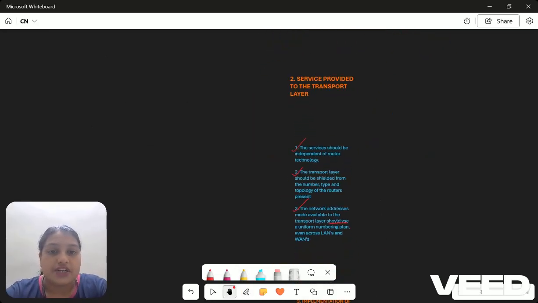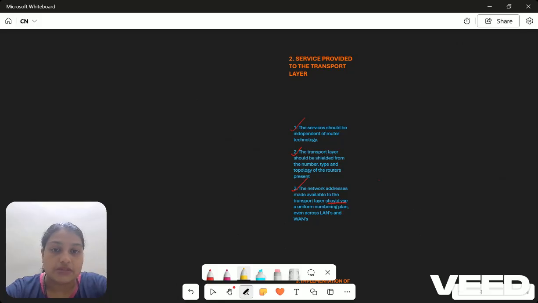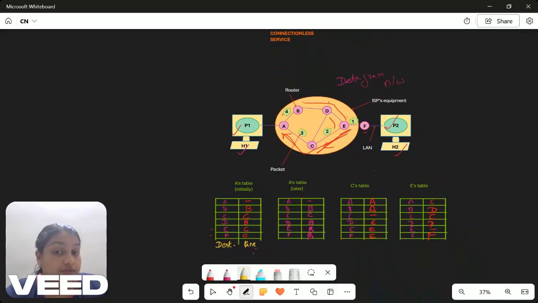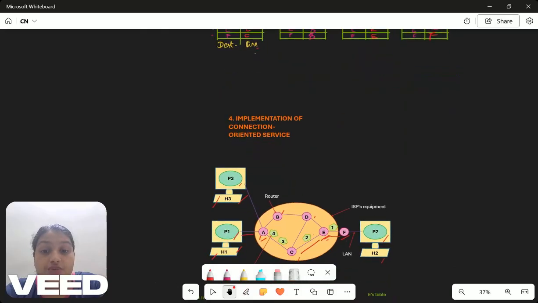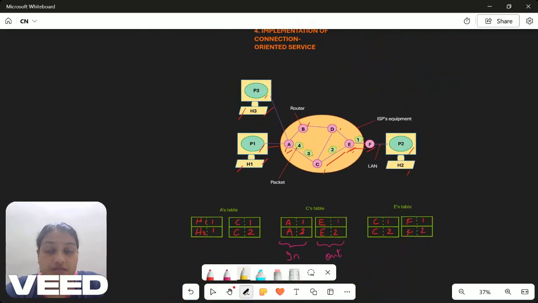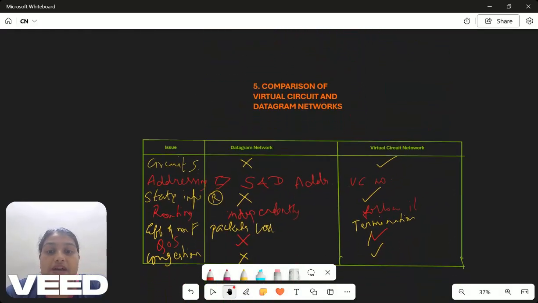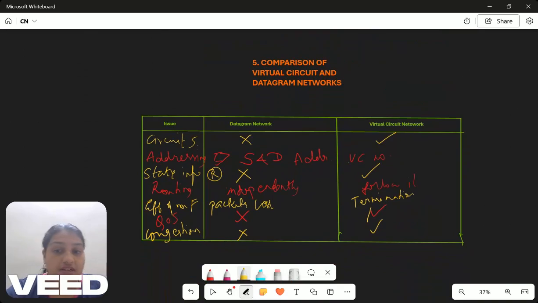Then the services provided to the transport layer, we learned about 3 services. Then implementation of connectionless service, we learned how the tables are: A's table initially, later C's table, E's table, and all those things. And then we learned about connection oriented service, how we implement that. And then we learned about the comparison of virtual circuit and datagram